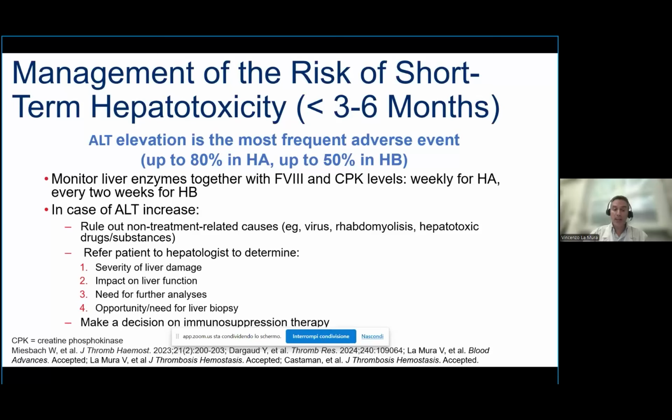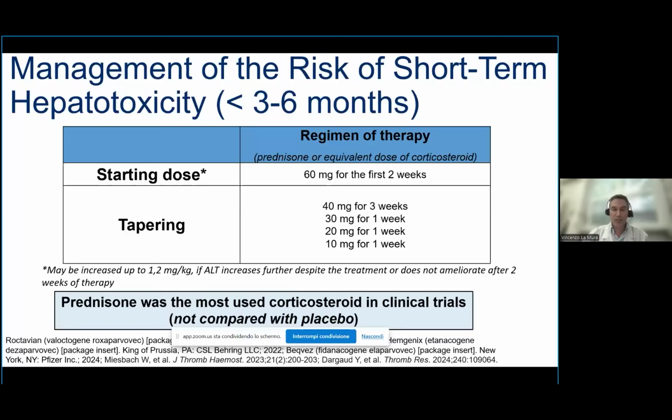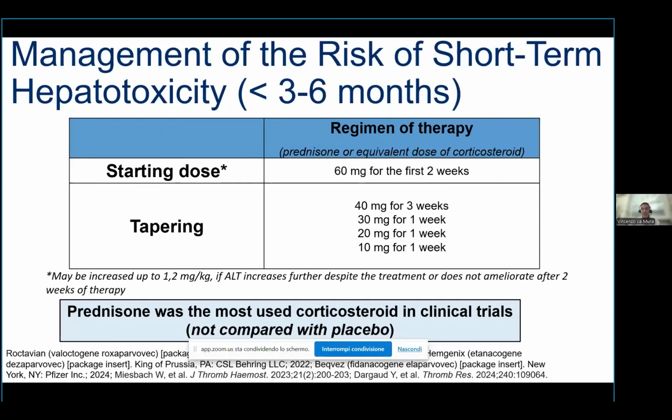After that, we have to make the final decision on immunosuppression therapy to face the ALT elevation. And the most recommended drug is prednisone. It is recommended because the experience from the trials has been based more on corticosteroids. This is the typical schedule, including 60 milligrams of prednisone by the oral route for the first 2 weeks. And after that, if you can check a reduction of ALT, you can start tapering the dose. This is a schedule that is not rigid because it was not standardized,